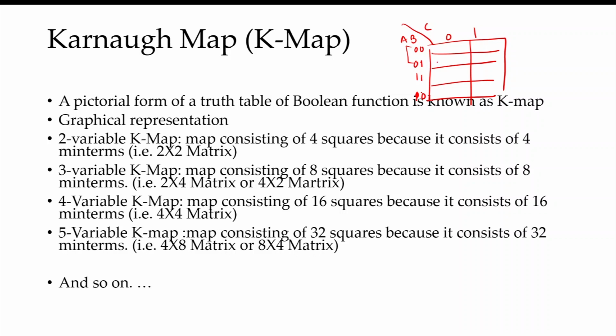When we talk about this row and this row, this means this and this cells are adjacent to each other. Similarly, this and this cell are also. That's why this is the gray code representation of a binary form. Here when we represent a binary corresponding to 0 to 4, this is just 0 0, 0 1, 1 0 and 1 1.